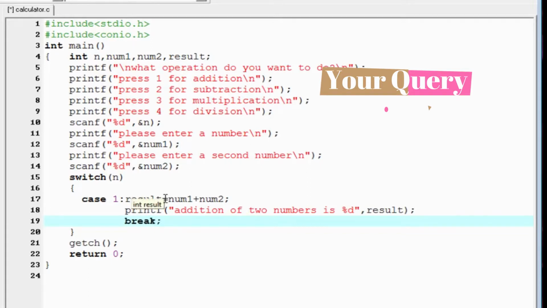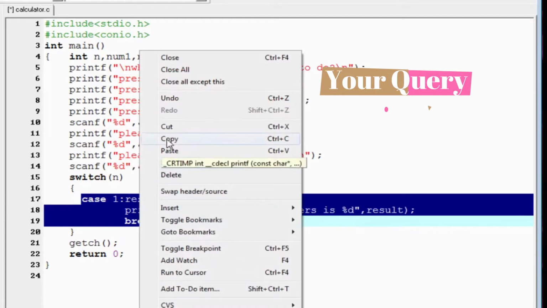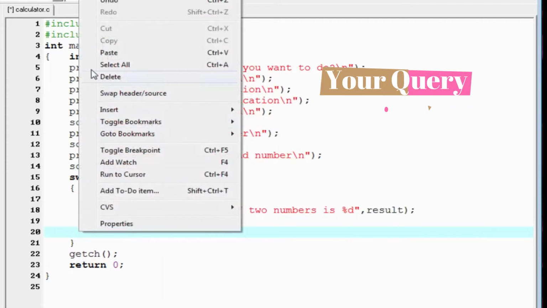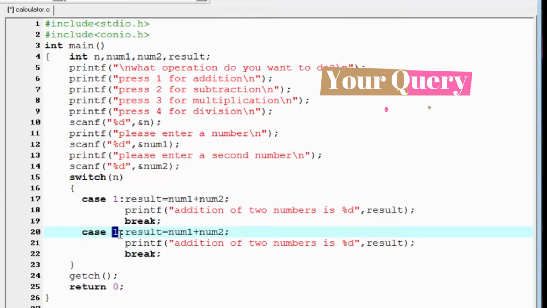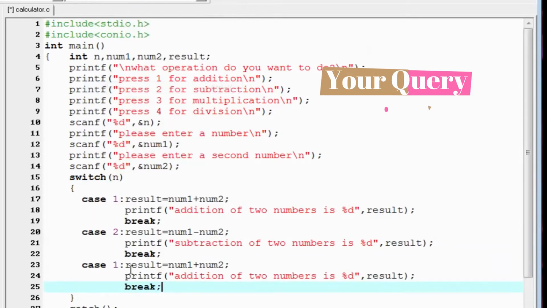statement. Similarly in case 2 we perform the subtraction operation. So I am going to copy this and paste here. Write here case 2. Since we perform the subtraction operation, give here the minus sign, and I am going to write here "subtraction of number". Case 3 we perform the multiplication operation. So write here case 3